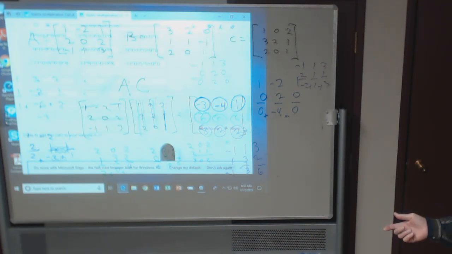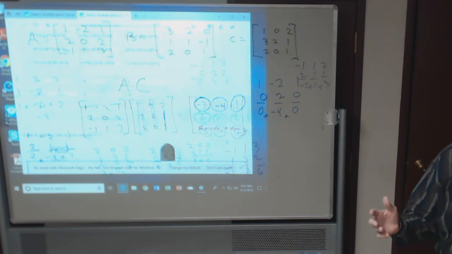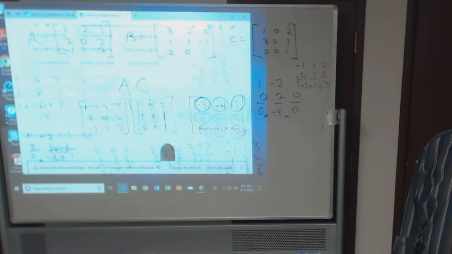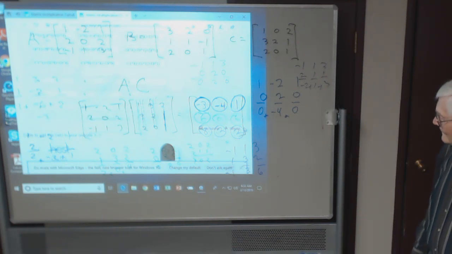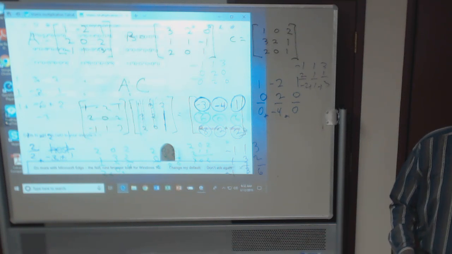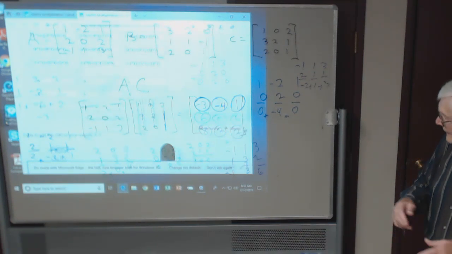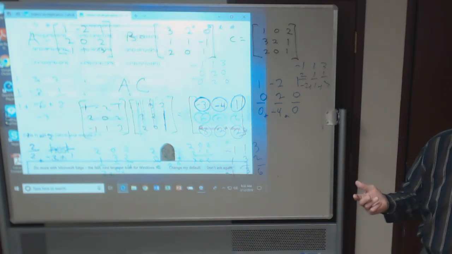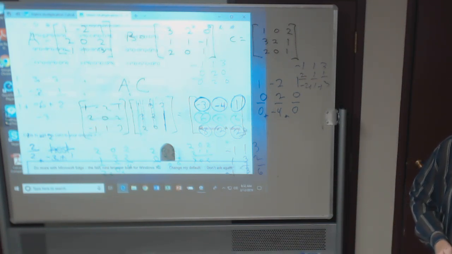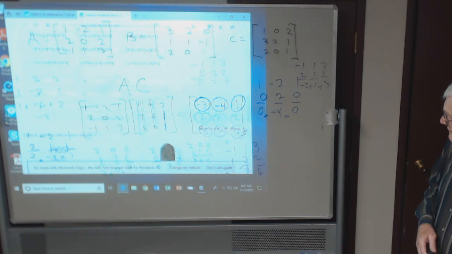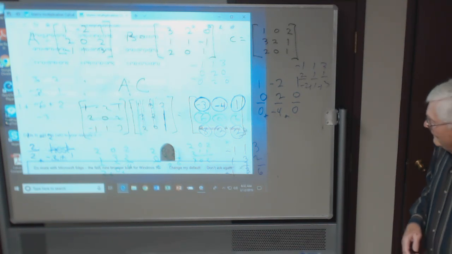I mean, now you know how to do it manually. Does it matter what order you multiply two matrices in? Now, to find out, we could just switch these two around and do C times A and see if we get the same answer. Okay. And if we put C over here